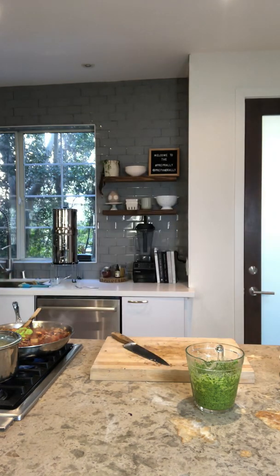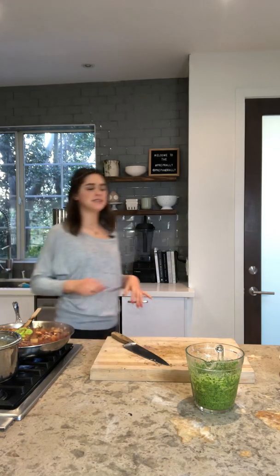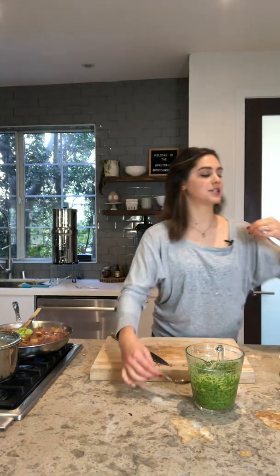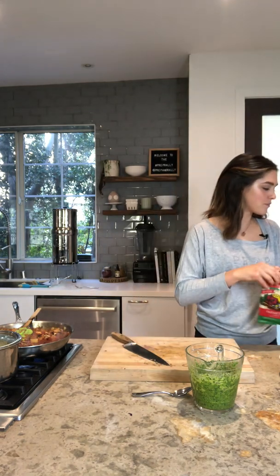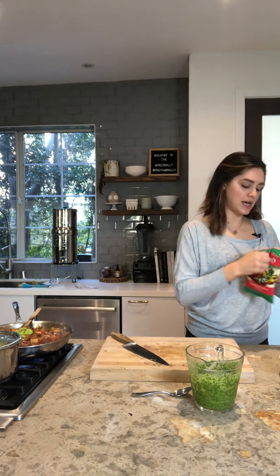So good. So good. I think my basil for the pesto was actually a lemony basil. It tastes very lemony, which is actually kind of nice and fresh. And here we go. And then we're just going to add our...